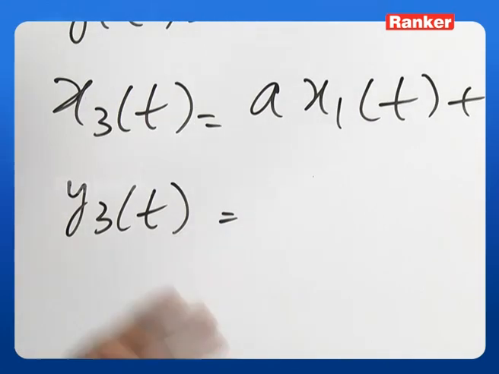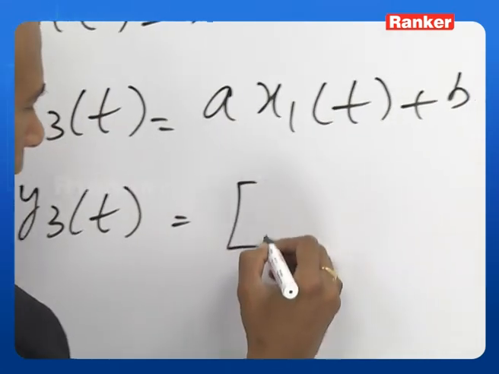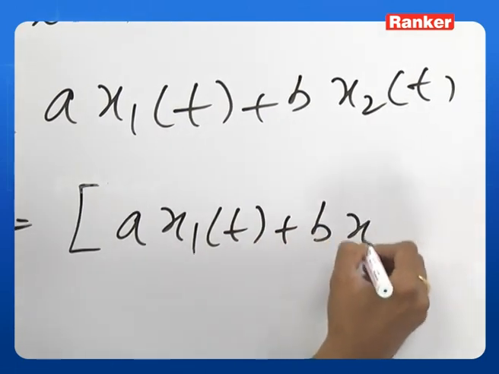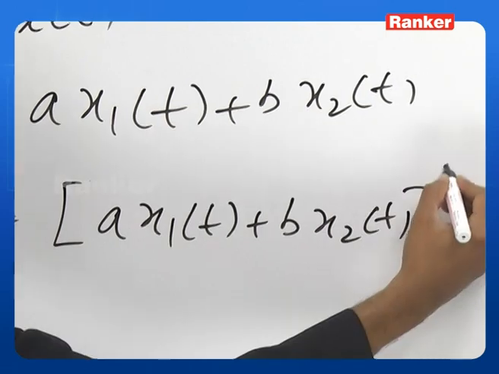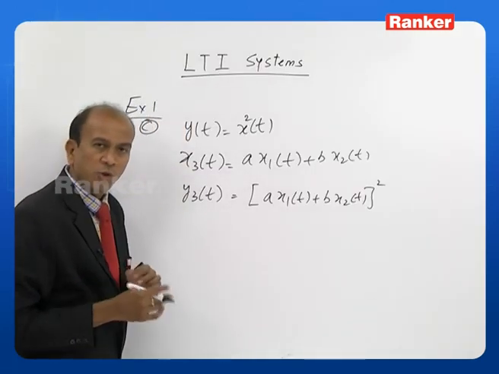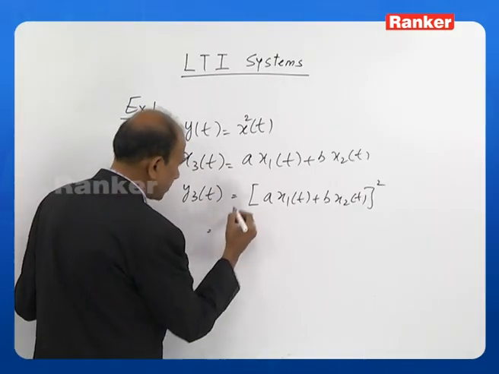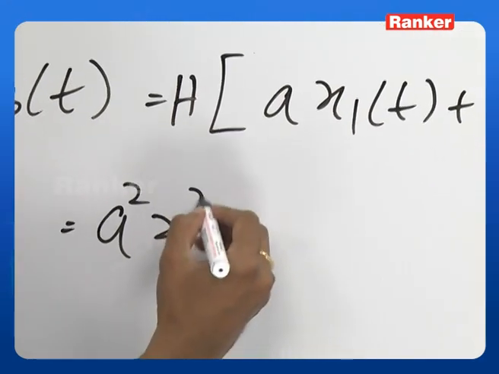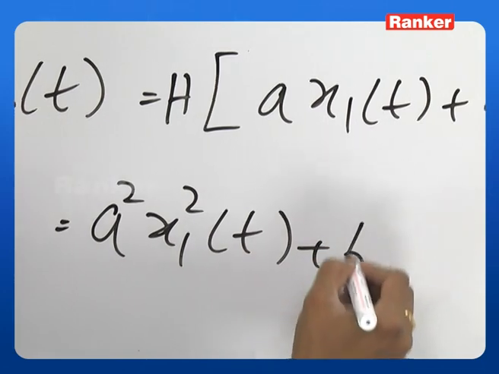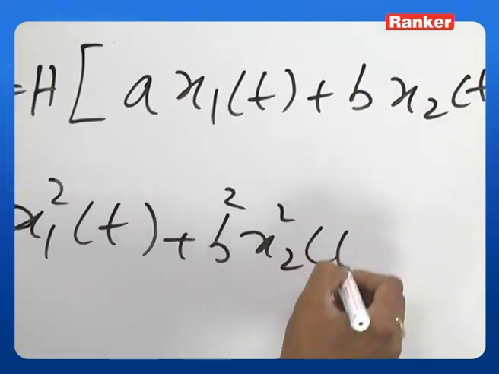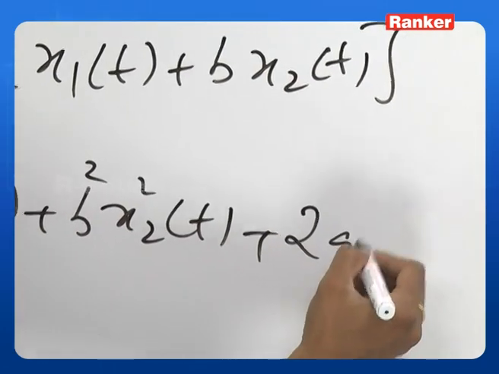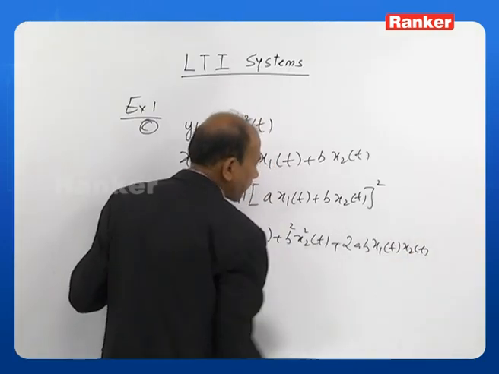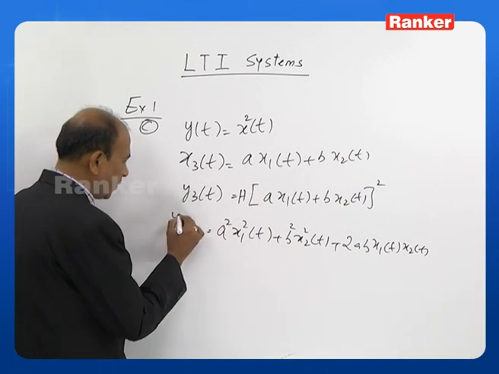You see here this is a squared function. So, this will be equal to a x1 of t plus b x2 of t whole square. When I expand this, I will get this: a square x1 square of t plus b square x2 square of t plus 2ab x1 of t x2 of t. So, when you look at this y3 of t,